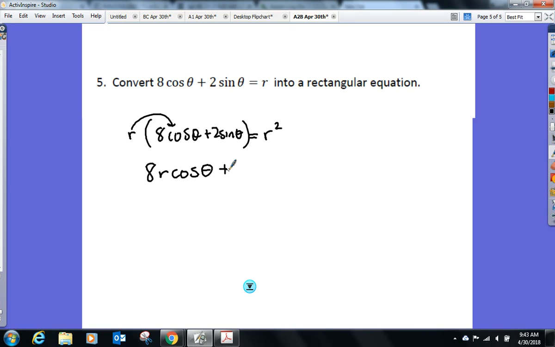And then what about in the second one? 2r sine theta equals r squared. I think you can do 3 different substitutions right now. r cosine theta, so this will be 8x plus 2y equal to,